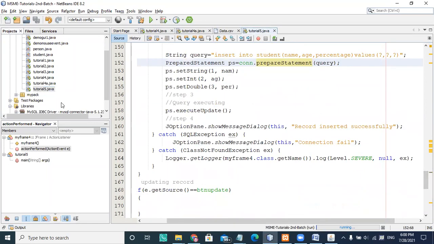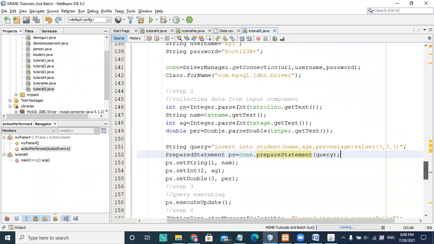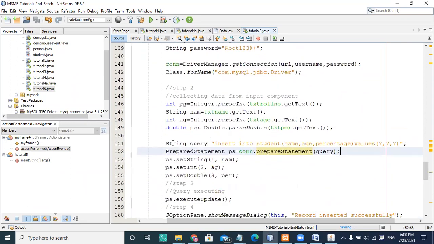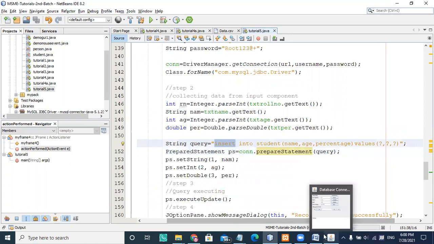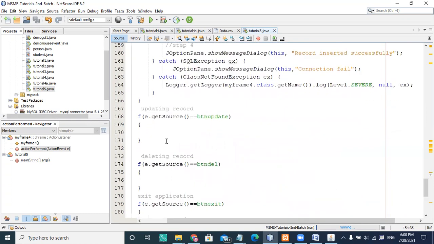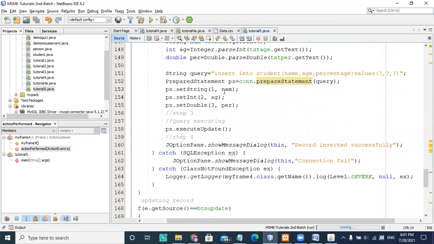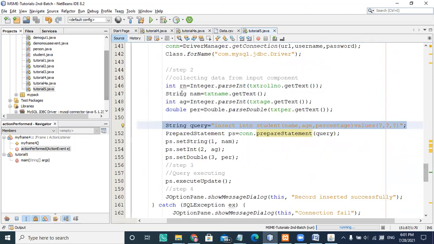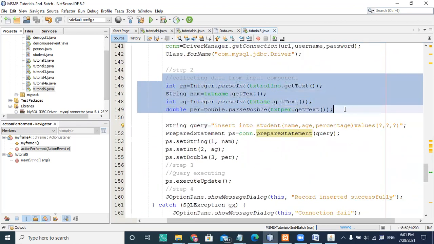If you want to use this for updating, then you have to fire the query accordingly. You are going to replace this insert with update, update student, and set the value by using a where clause. And the updation is taking place. Similarly for delete, you do the same thing; only the query changes here.